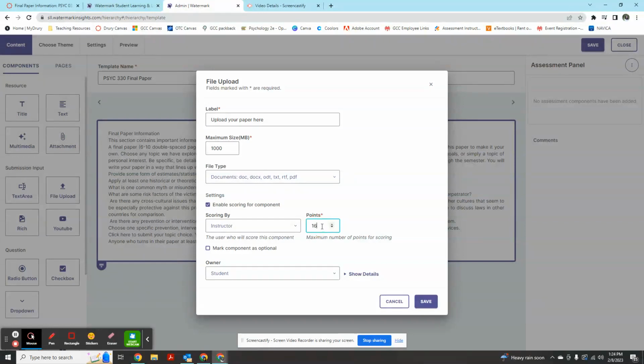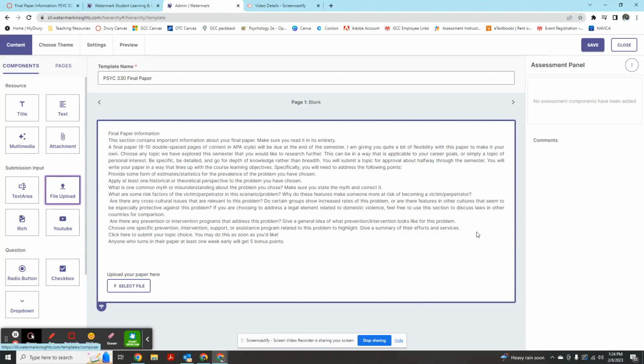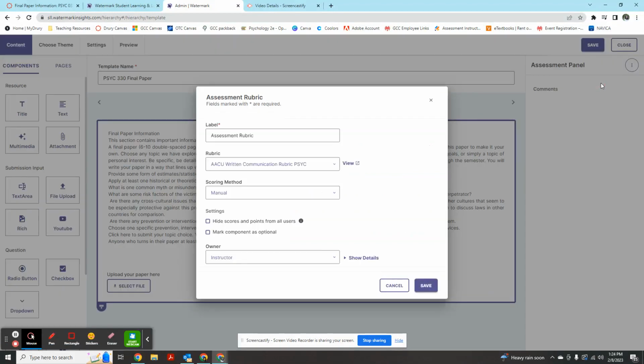And I believe the rubric that I'm using is a 20-point rubric. Okay, and the student owns the paper. This is not an optional paper. Students must do it. I'm going to save this. Now over here in my assessment panel, this is where I'm going to add the rubric for this paper. So I click these dots, I click the rubric. I'm wanting to assess this and I'm wanting to use this written communication rubric